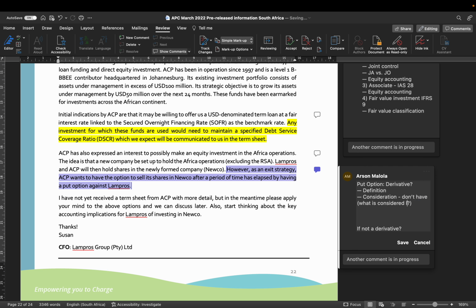It says little or no. What is considered little? This is an element of professional judgment that you also need to start thinking about at an APC level. At an ITC level, we'll make it very clear that the consideration is small, so no room for judgment, or little room for judgment. At APC level, you need to be able to identify the areas, at least from an accounting perspective, where you are applying judgment, and acknowledge it.